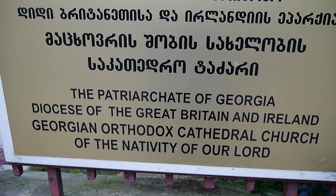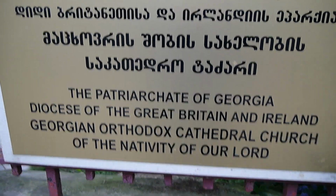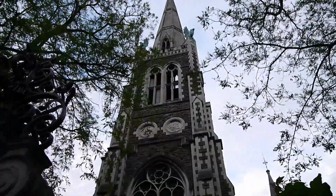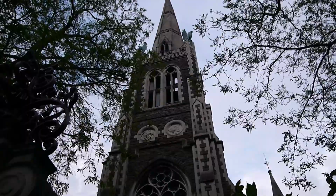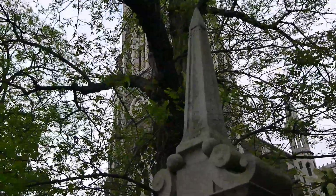So this here is the Georgian Orthodox Cathedral Church. It's really quite a beautiful building. I think there's an interesting story though behind its history, which I cannot remember off the top of my head, but I will add that information. So the church was built by an interesting sounding religious group. I think you pronounce it